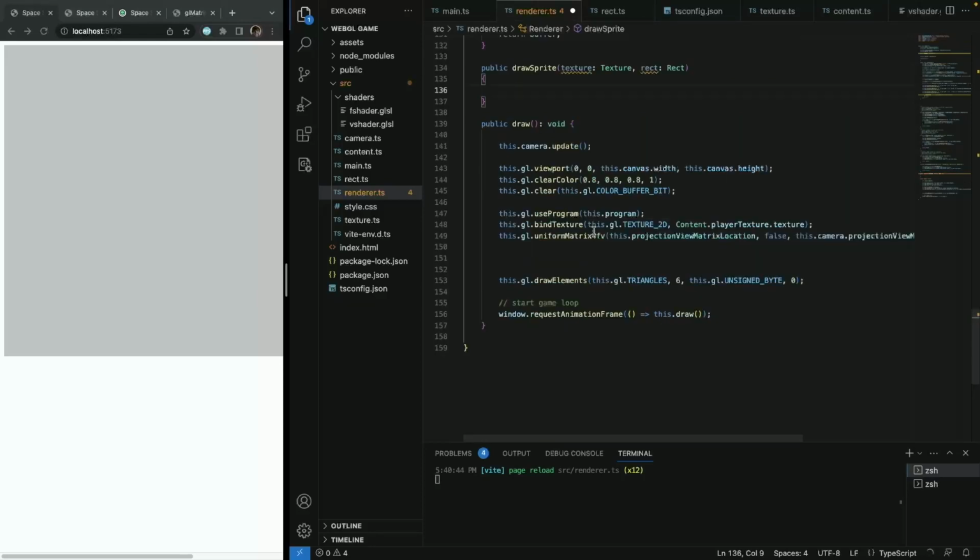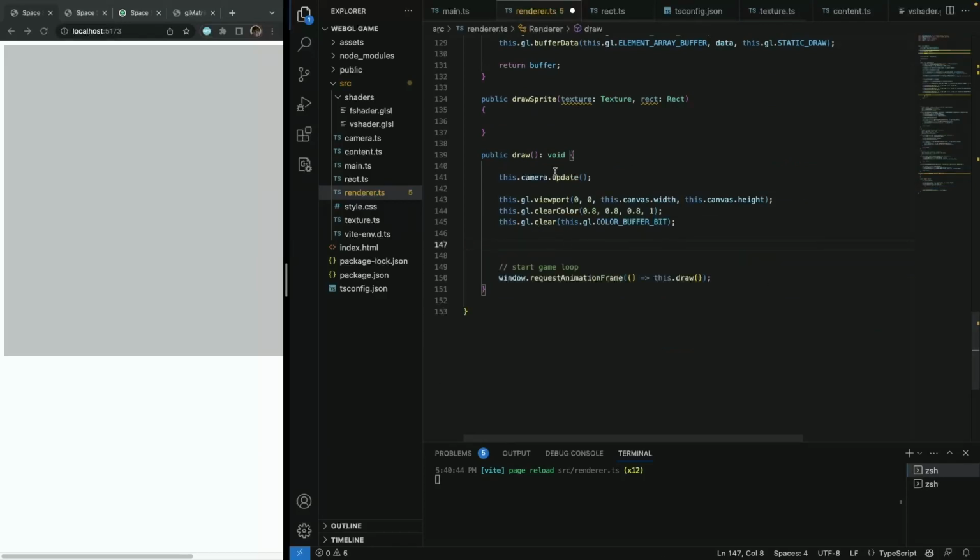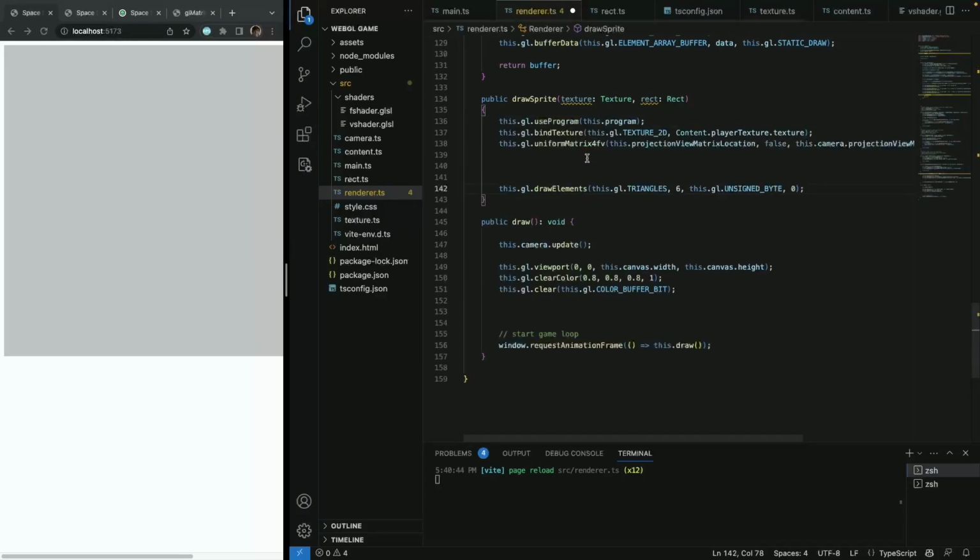And here we're actually going to copy all of this. We're just going to leave this. And here now we will be able to call this drawSprite player, and then we can just pass it some parameters. Let's say that our player will be 100, 100, and maybe the width will be 200, 200. So nothing yet,